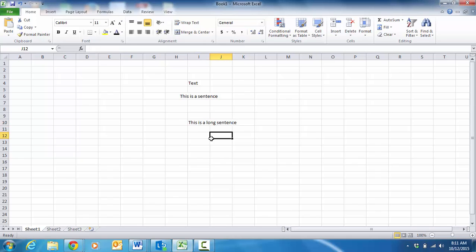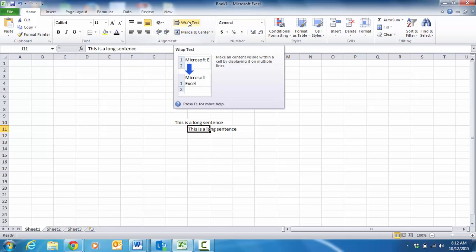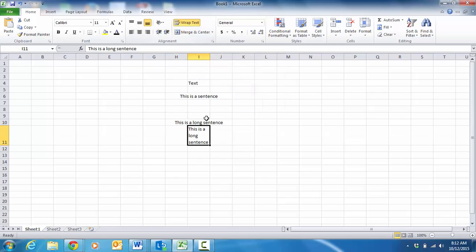So you have two options with that, or three options rather. One is to select the cell and then come up here and click Merge and Center. And you can see that that merges the cells together and centers the text in it. Another option is to select the cell and then select Wrap Text. What that does, you can see, it just, when you get to the edge of the column, it just starts a new line in it. Your third option